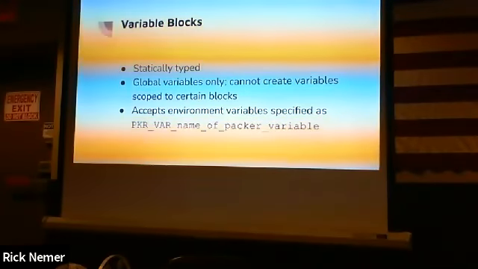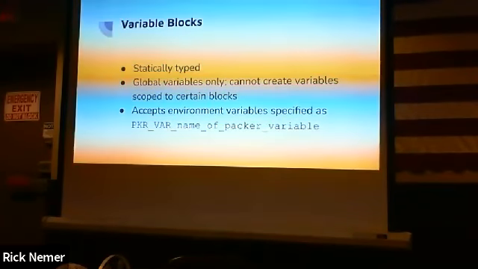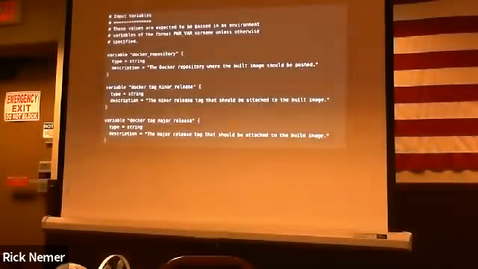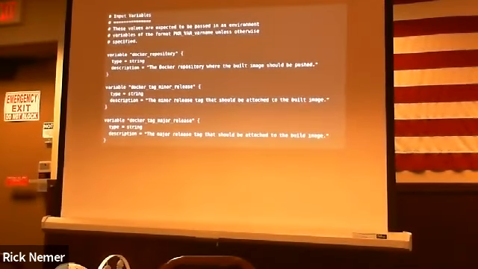And you can feed variable definitions in using environment variables. You can use it as PKR_VAR_ and the name of the Packer variable. So if we had a variable called foo, we could specify that with the environment variable PKR_VAR_foo. Here are a couple examples of that. So we just defined the variable, the type, and the description. Description is really just a comment. It doesn't really do anything. And it has the usual types of primitives: string, integer, list, dictionaries, you name it, probably has it. And I say at the top here that these particular variables should be specified using environment variables like PKR_VAR_ and then the variable, like I said before.